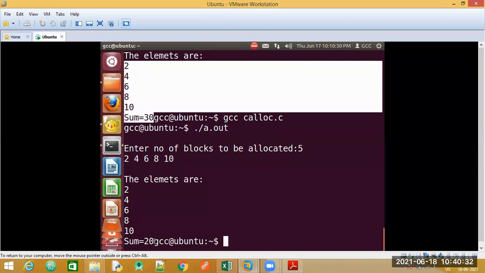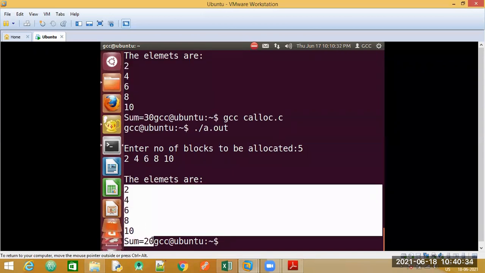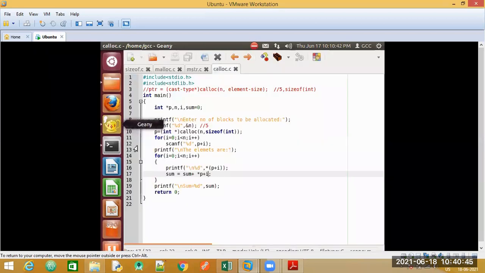Now we observe the sum once the brackets are removed, how the operator works, how the precedence works. So you are getting the sum to be equal to 20, which is wrong because the incremented value of the pointer is getting added instead of the contents. So for that, we need to specify the brackets.